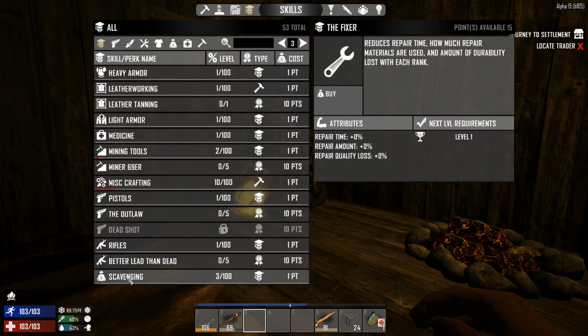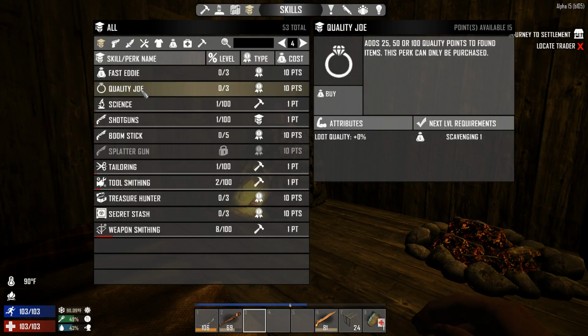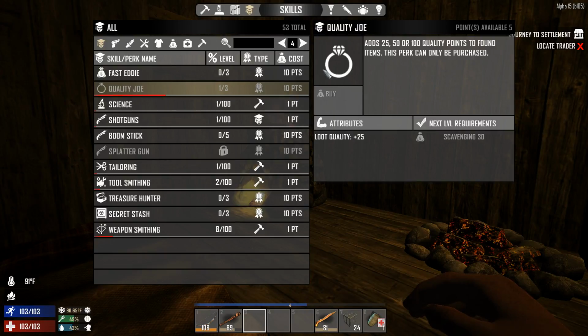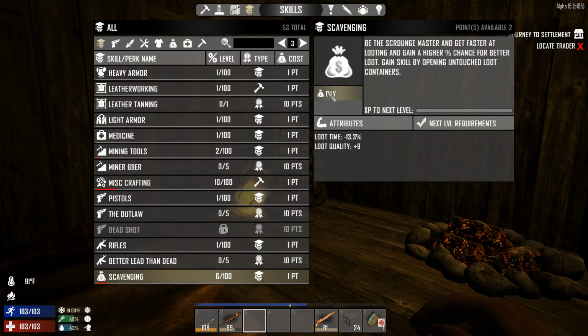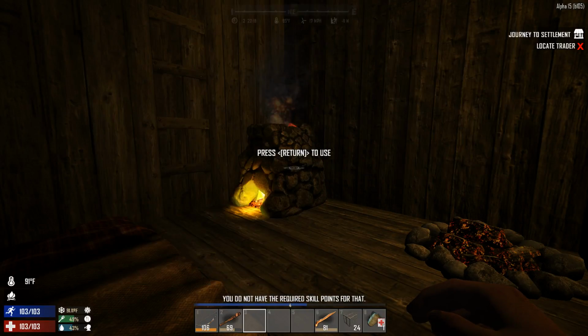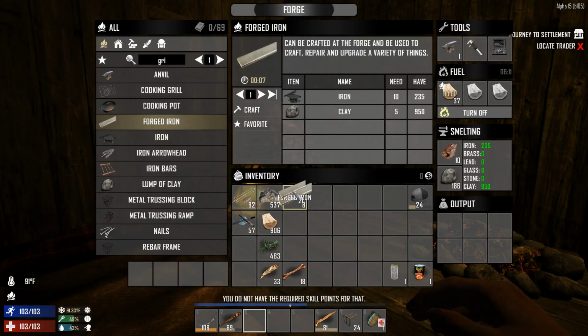Scavenging early on is probably one of the best things you can get, because it gets you quality Joe, which gives you better loot quality. Now, I'm going to go ahead and buy 1 quality Joe, and that gives me 5 more points left. I am going to go ahead and put that in scavenging. Right? I got a ton of